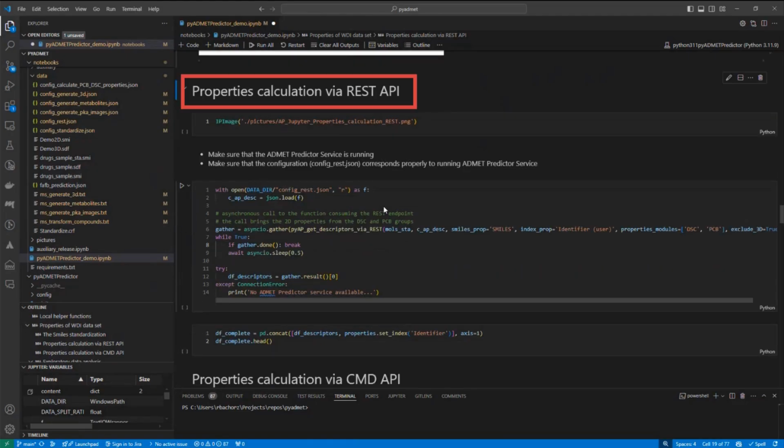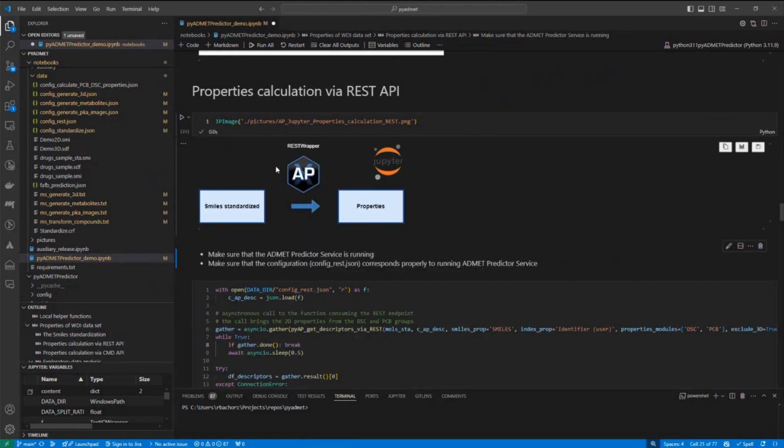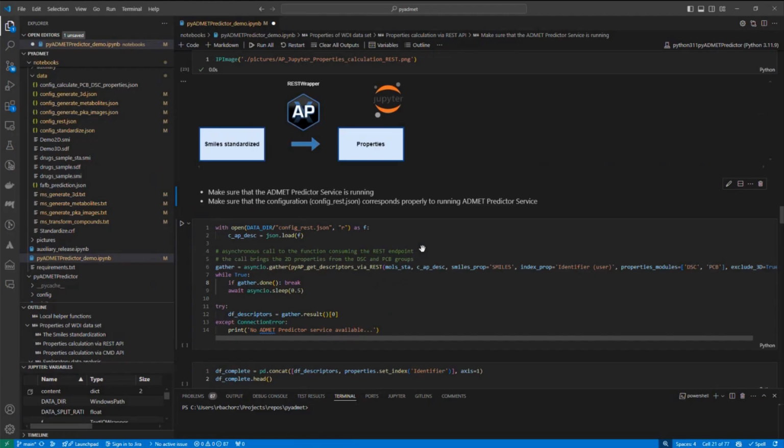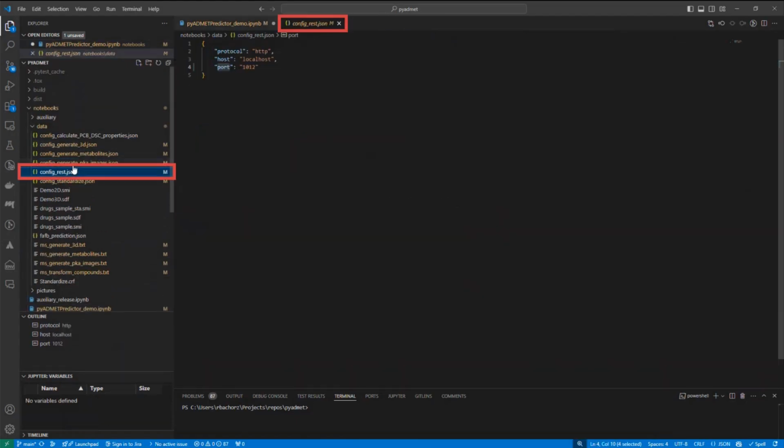There are some molecules containing this molecular motif. Now we'll switch to another use case, which is the properties calculation via RESTful API. So as you can see here, we will take our SMILES in the standardized form. We will apply the RESTful API to get the ADMET Predictor properties. And here again, you have to pay attention to a couple of things. So first of all, since we are going to use the ADMET Predictor service, you have to make sure that the ADMET Predictor service is running,